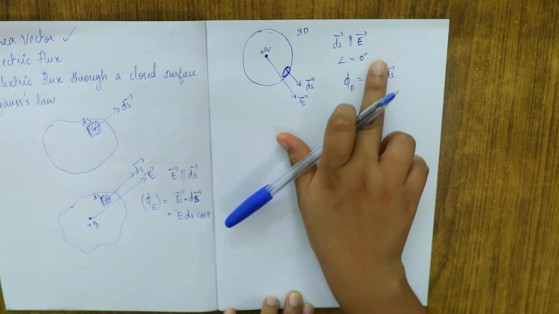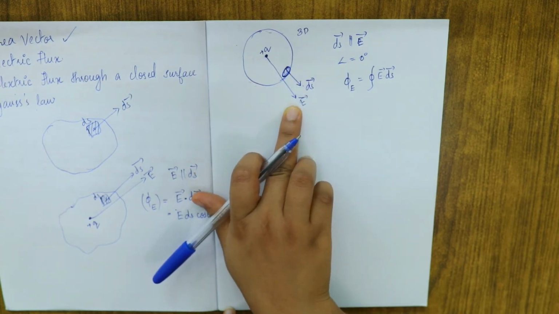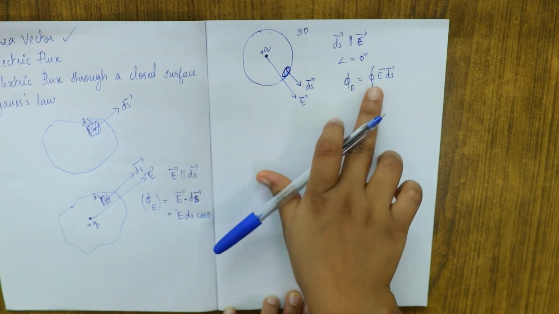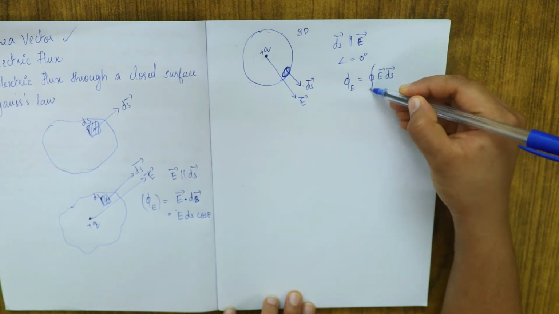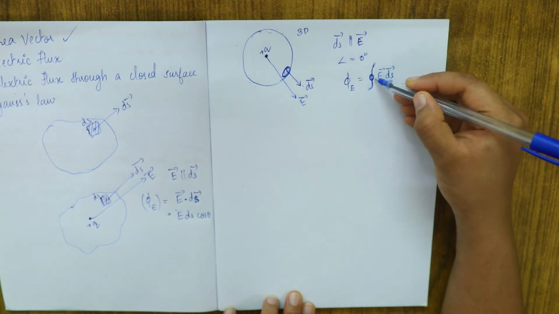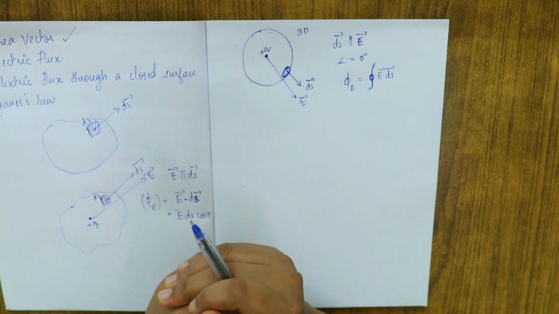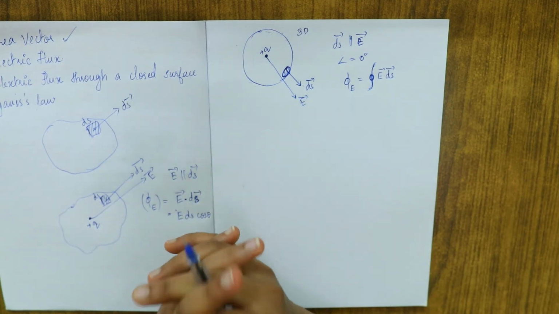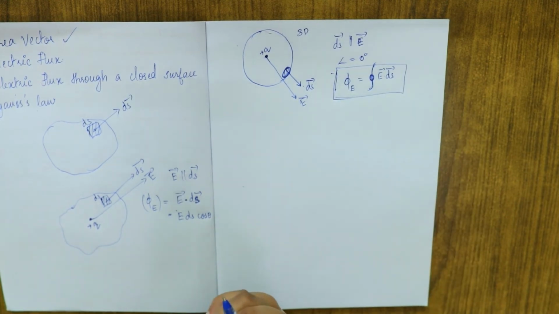So that's why we are integrating dS, and all this area will also be having electric field E passing through it. That electric field is to be marked in each and every area, so the sum of all the electric fields has to be taken. So we are putting an integral under the closed surface. Since it's a closed surface, the integral becomes a closed integral. So the electric flux through a closed surface is marked as phi E equal to the closed integral of E dot dS.